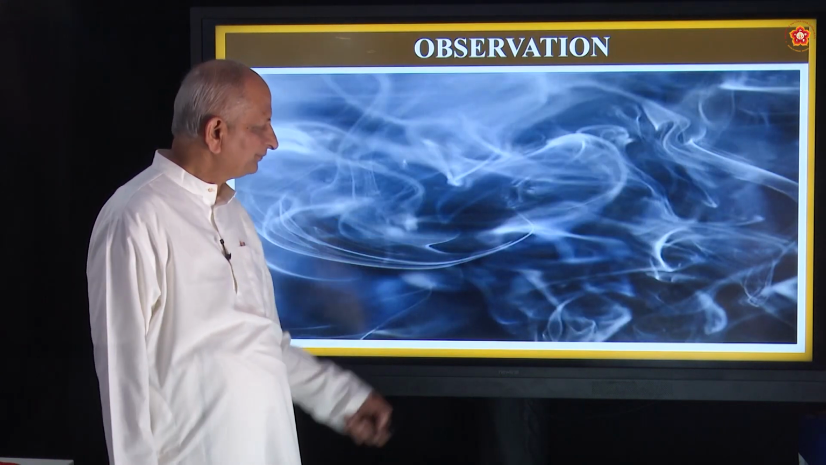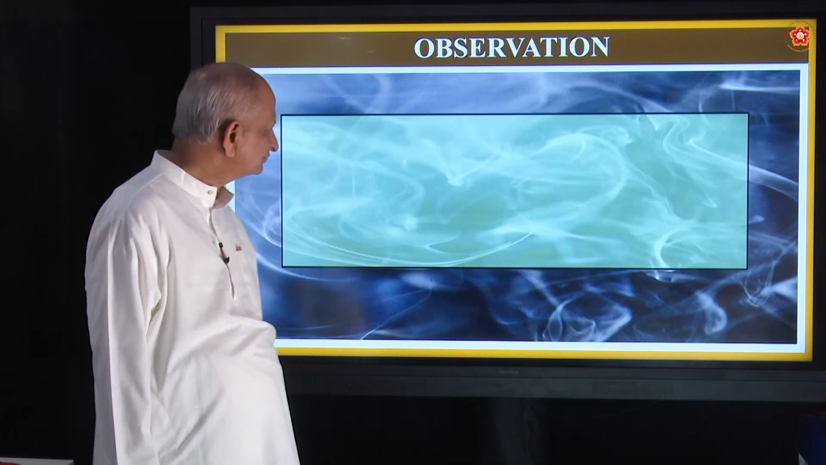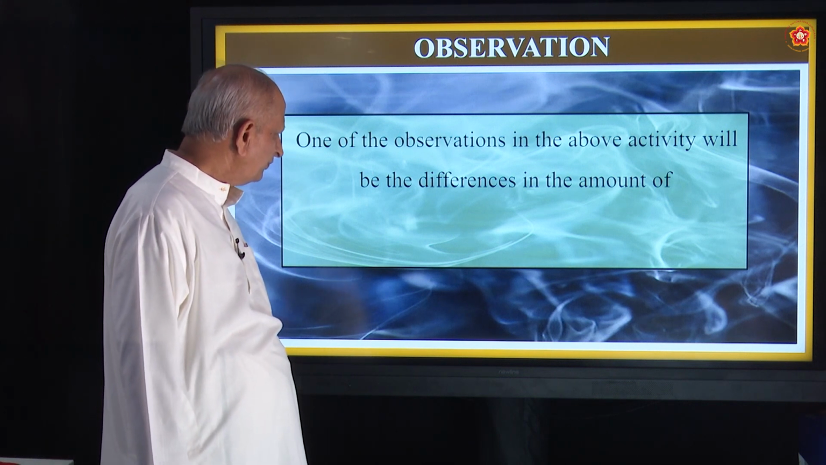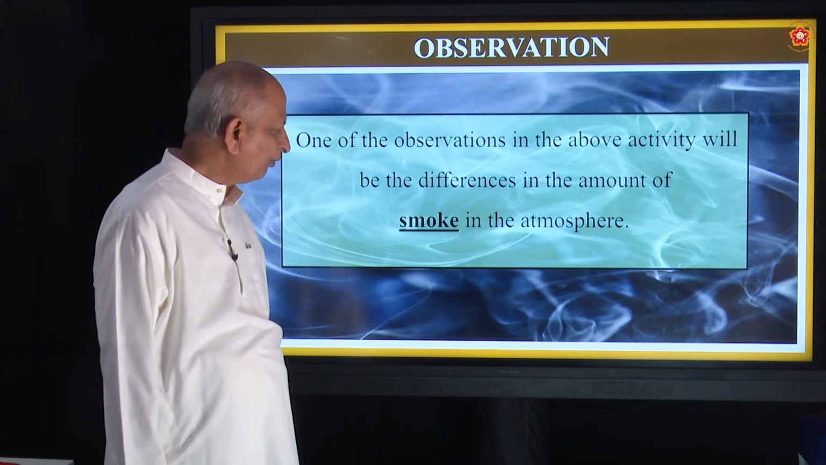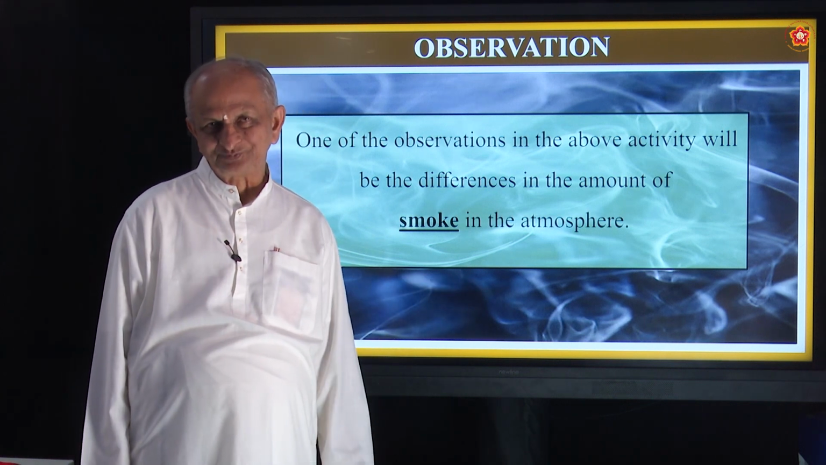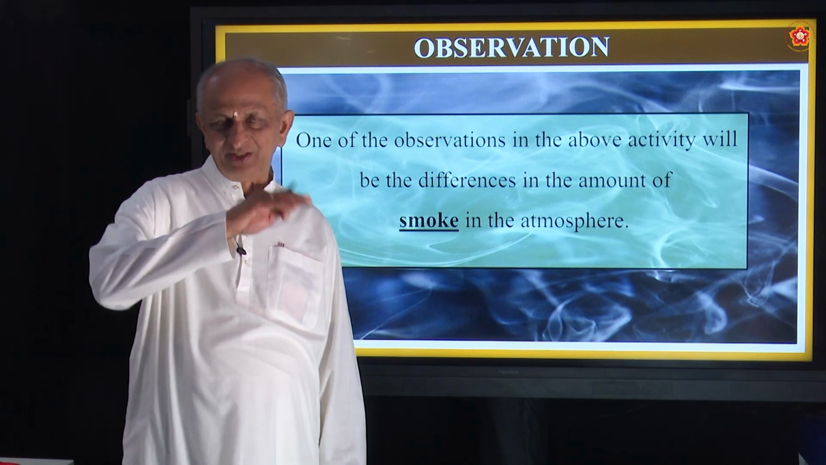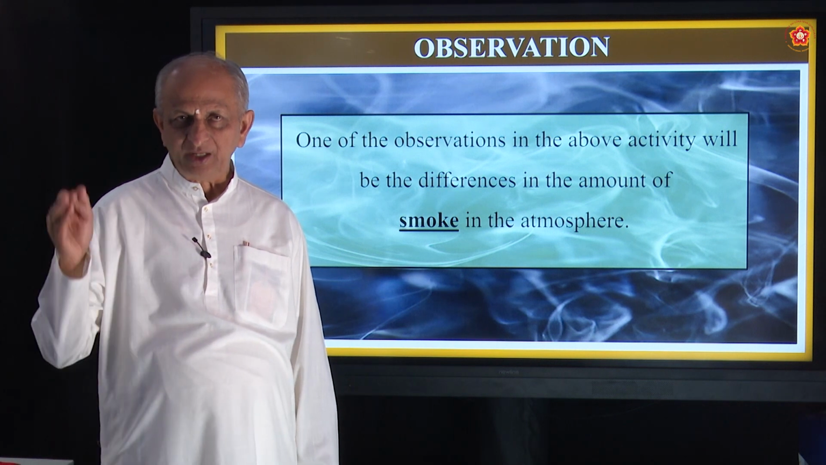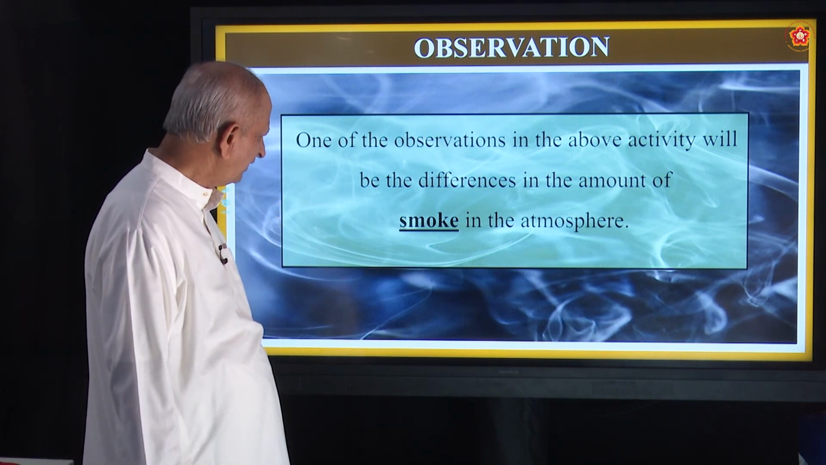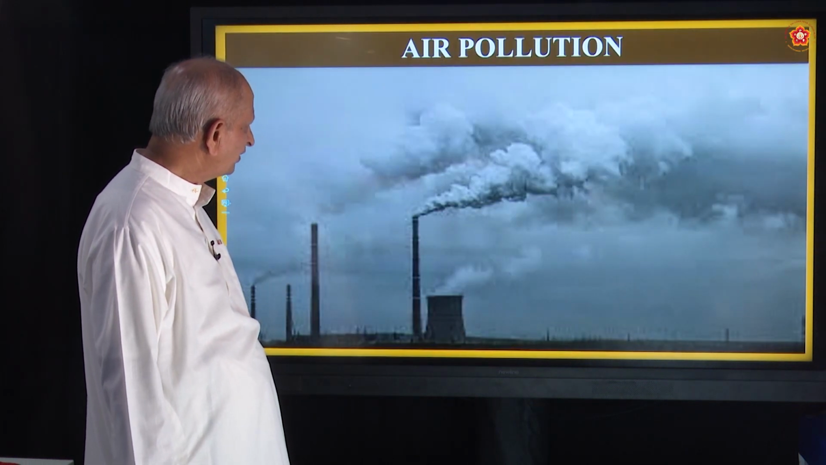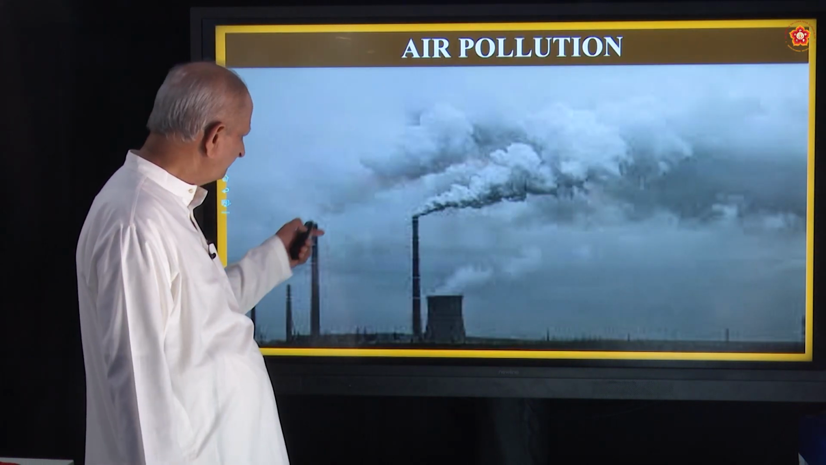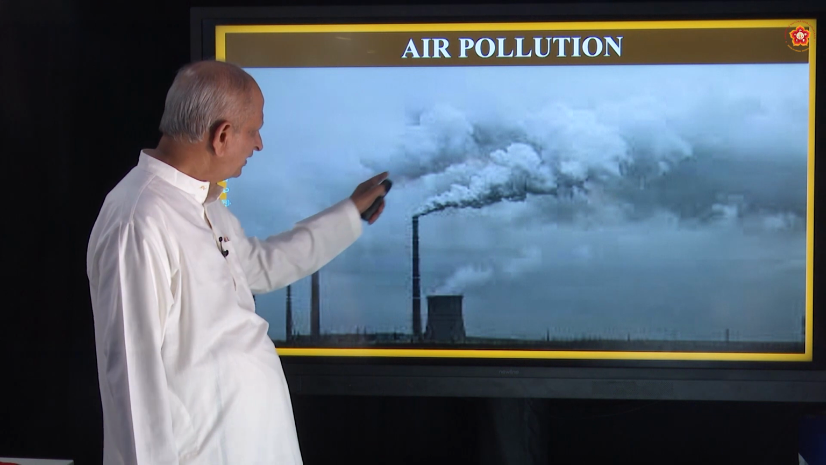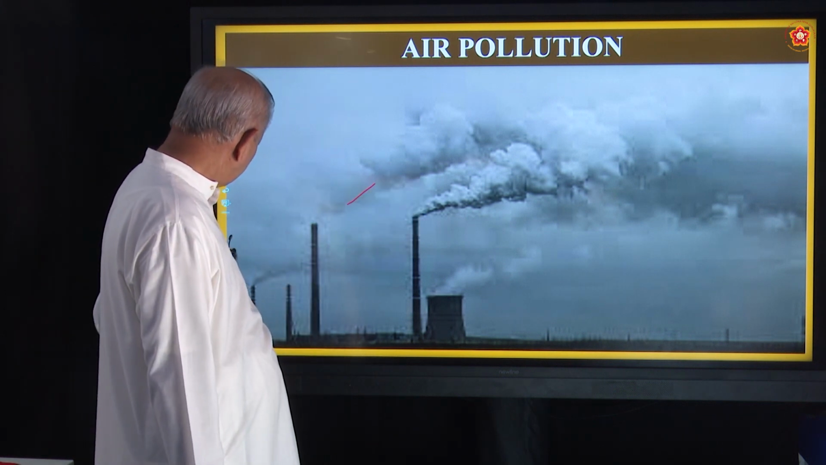Now, what is this about? This is smoke. So, on the basis of observation in the above activity, there will be differences in the amount of smoke in the atmosphere, correct. When you say residential area and factory area, where the smoke will be more, it will be in the industrial area, okay. So, amount of smoke, just you can see this is a factory and this is the chimney, and this is the polluted gas that is coming out,